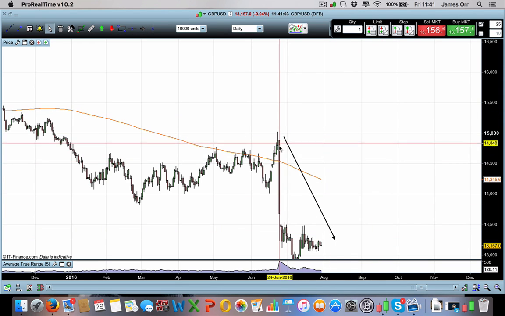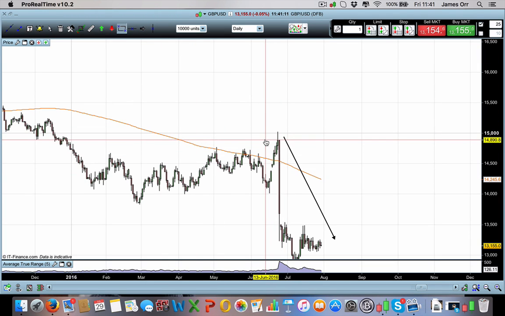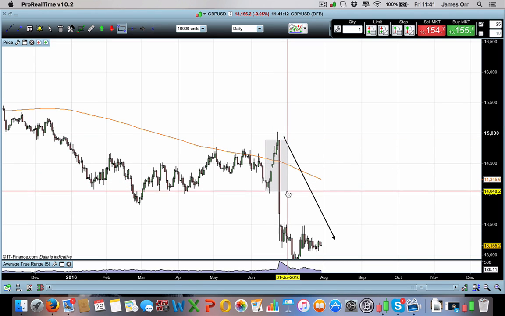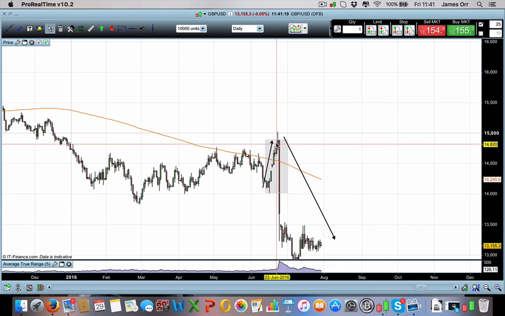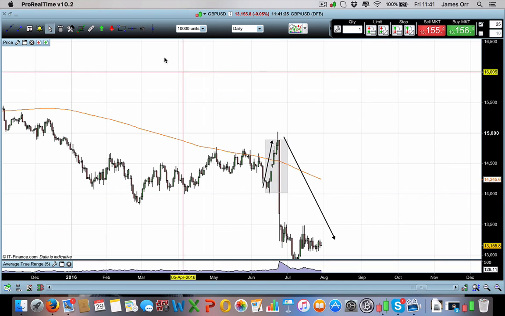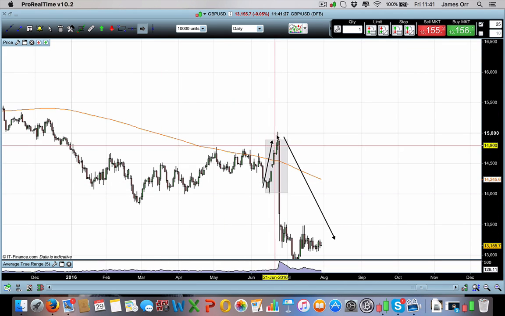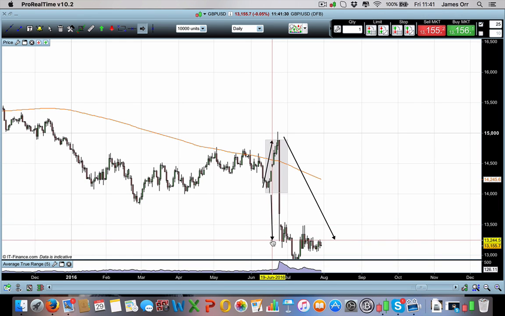expected. It happened very quickly here because it was on the back of news, and you can say this entire section right here, after this run up, all of these traders are going to be scrambling to exit the market, drops it all the way back down, and then of course there's going to be short sells into this market. But if you take out the initial run up right here, this was actually the sell off,